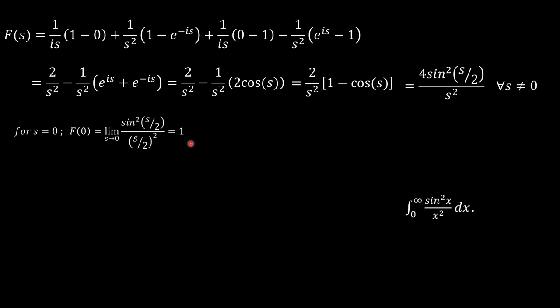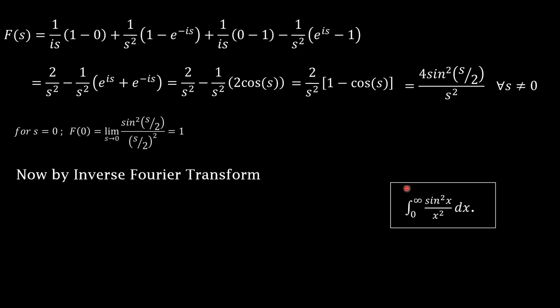So that completes the Fourier transform of the function. Now let us evaluate the value of the integral of sine square x by x square as x tends from 0 to infinity. Let me use the inverse Fourier transform of the function, which is given by